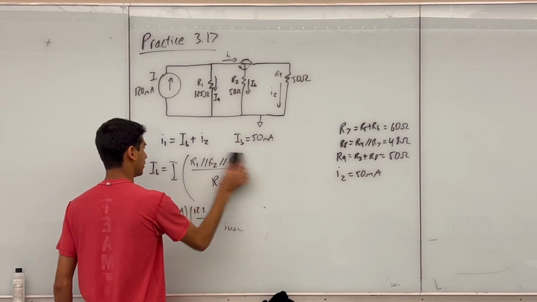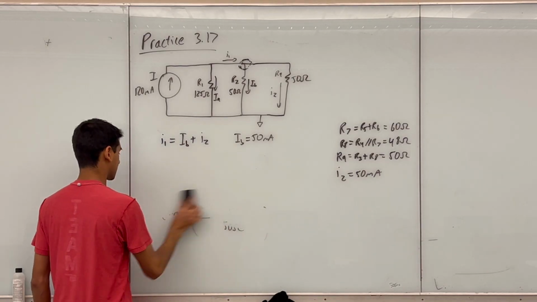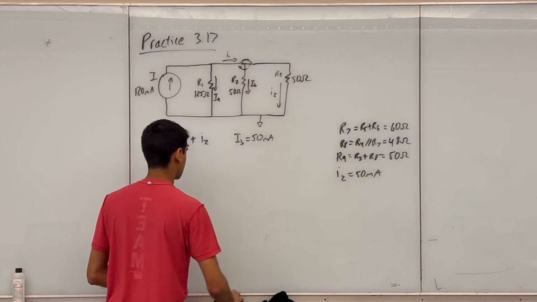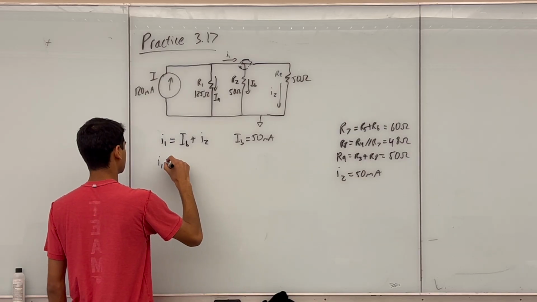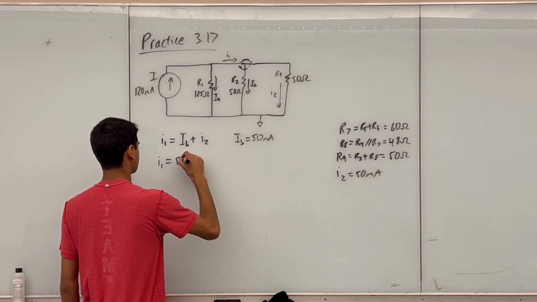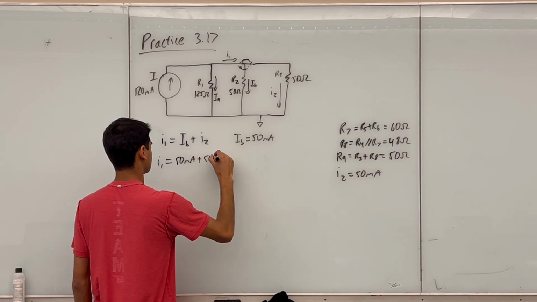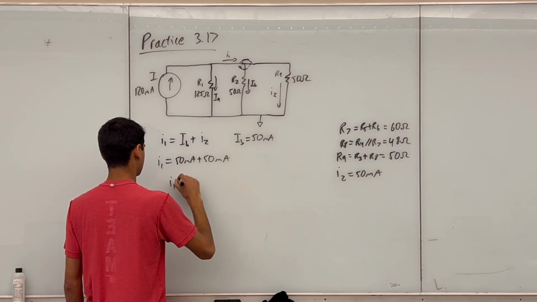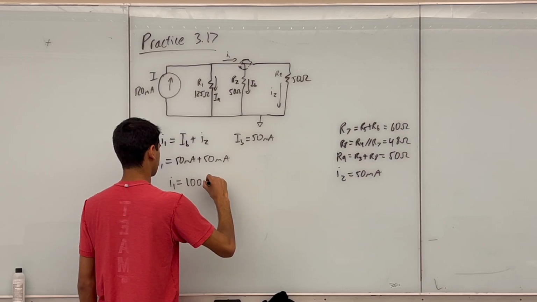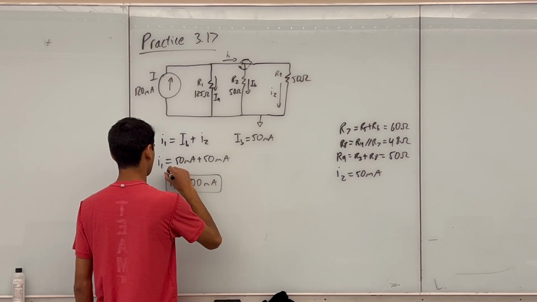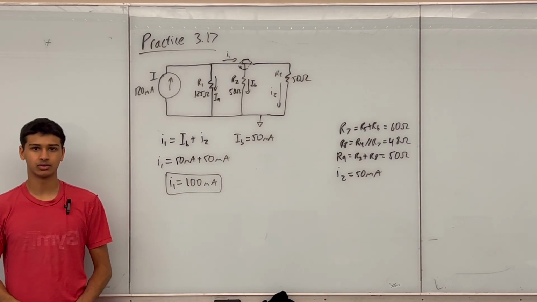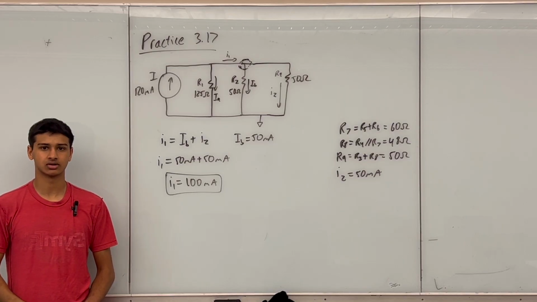And so now that I know the currents IB and I2, I can solve for I1. So that means that I1 equals 50 milliamps plus 50 milliamps. So that means that I1 equals 100 milliamps. So now that I have I1, the next thing I'll do is solve for the voltage